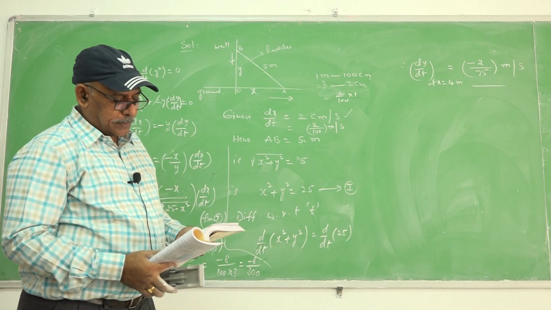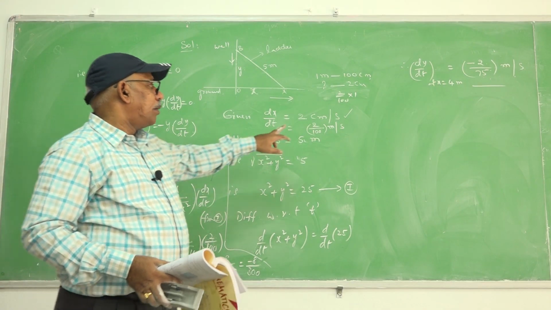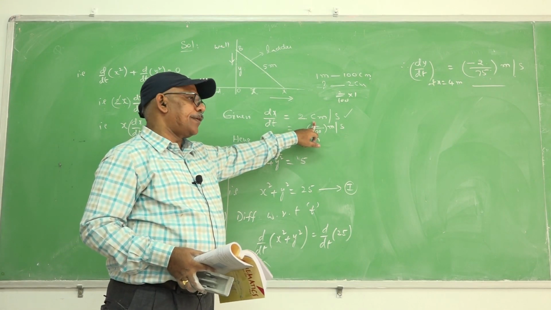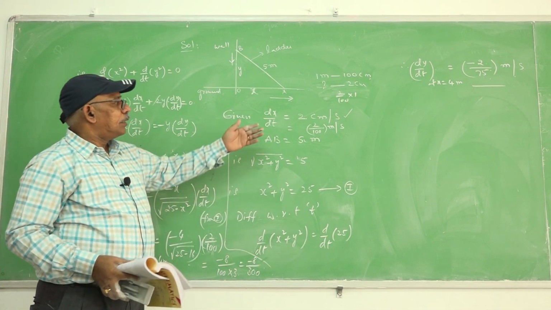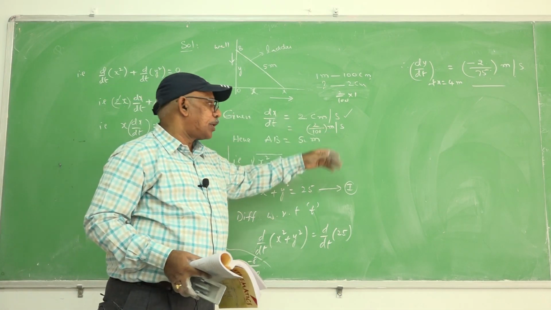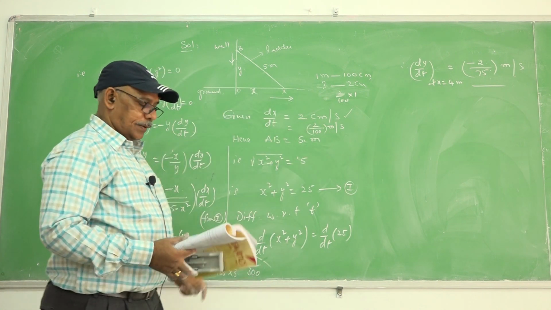This is one important problem. You have to observe the units also, because here the rate of change is given in centimeters, whereas x is given in meters. So change the centimeters into meters totally, otherwise change that 4 meters into centimeters.